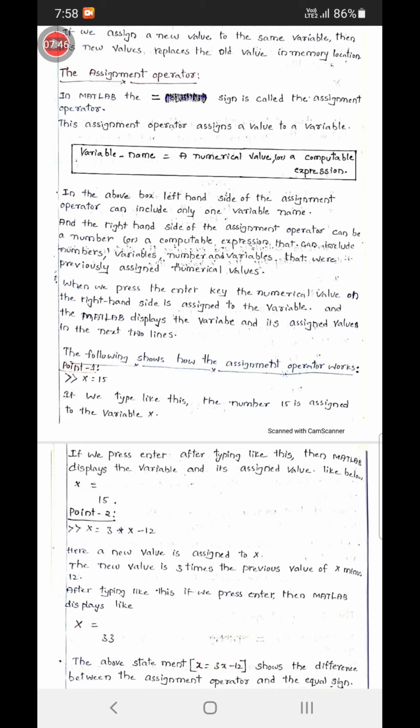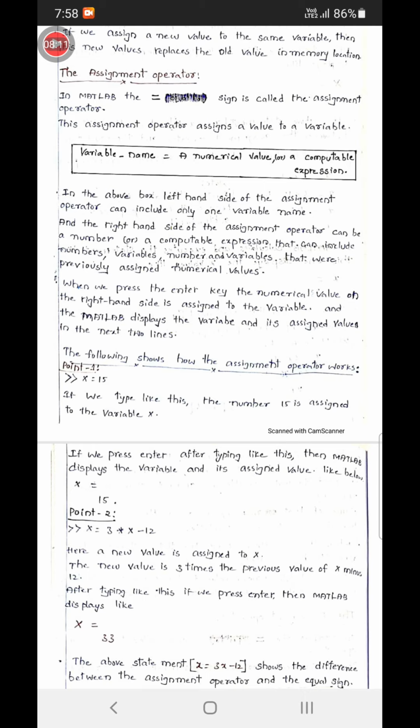Left hand side of the assignment operator is the variable name, and right hand side may be a numerical value or a computable expression. So that is the representation.